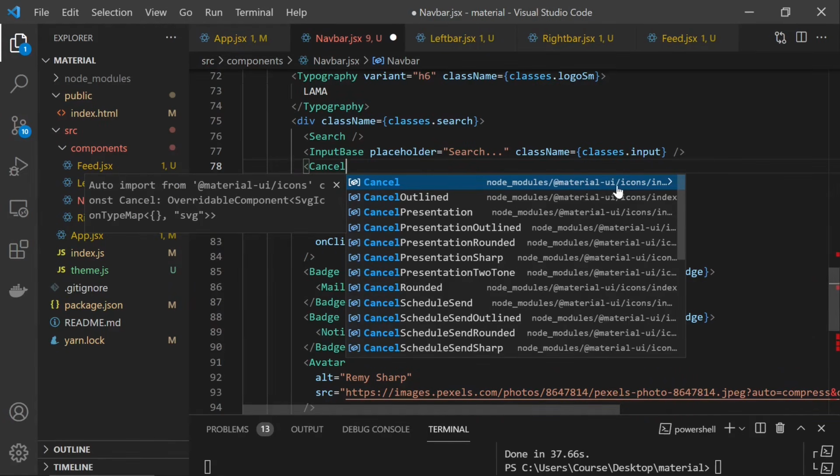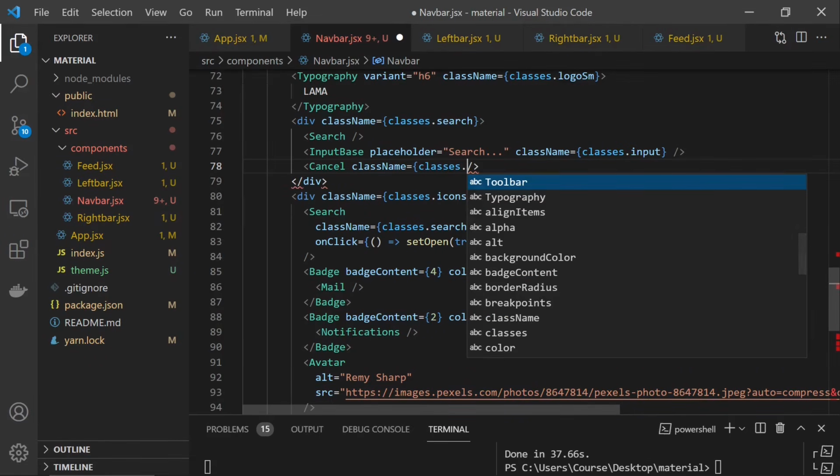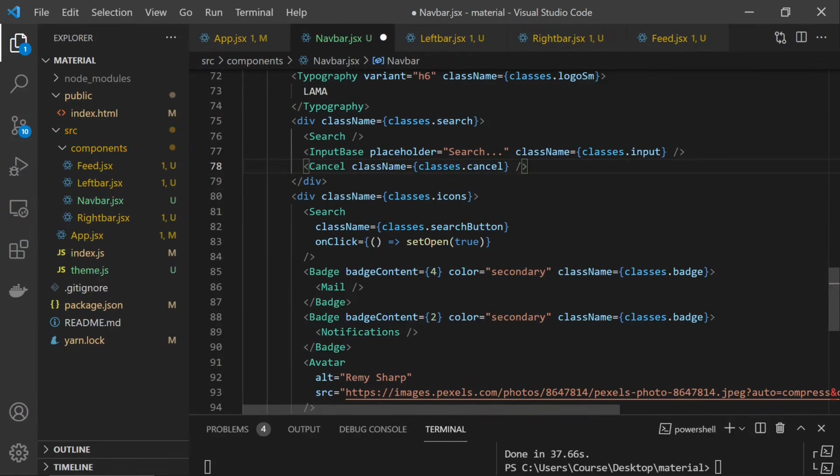As you can see, Material UI and icon. And I'm gonna give className, and it's gonna be classes.cancel. And I'm gonna write here onClick,